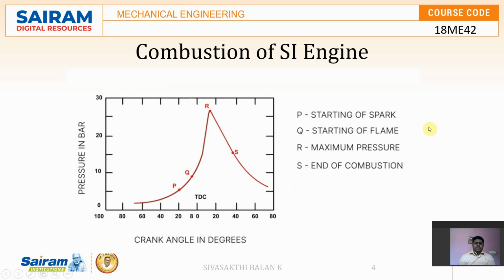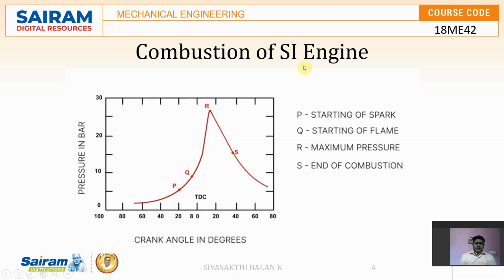Now let's go to the combustion of IC engine. Combustion in IC engine. Guys, you know that combustion is nothing but the burning of the fuel in the presence of air. Air is required because usually fuel cannot burn without the presence of oxygen. To supply oxygen, we are supplying air inside the cylinder. Combustion in SI engine as well as CI engine are almost the same process, but the way the combustion is carried out inside the cylinder, it varies.